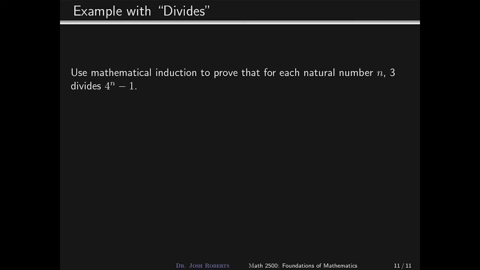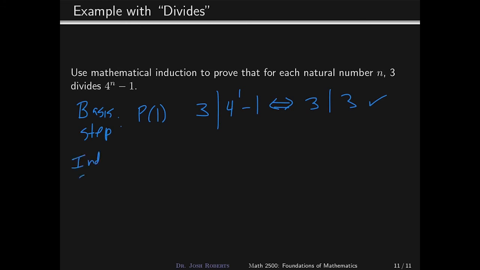Okay, so the basis step, or P of 1, says that 3 divides 4 to the first power minus 1. Well, this one's clearly true because this is equivalent to saying that 3 divides 3. Well, we know that that's true. Okay? And then for the inductive step,